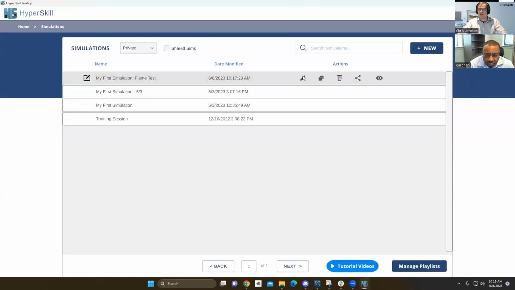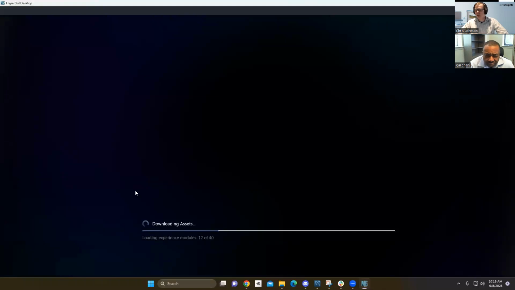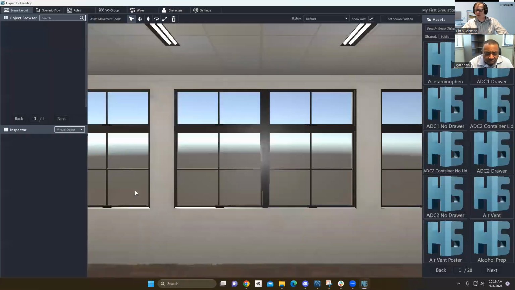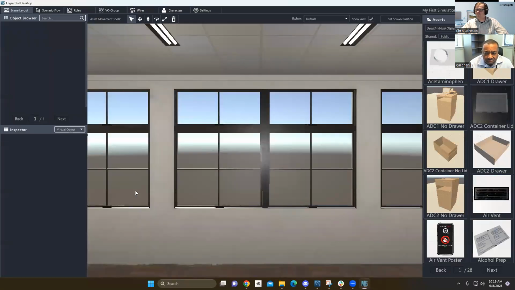Okay. Now, to begin, we're going to go into the edit function of our simulation. So right now our simulation is empty, so it's going to begin loading us into the space. Should be rather quick because there's not a whole lot in here. All right. So now that we are in our space,